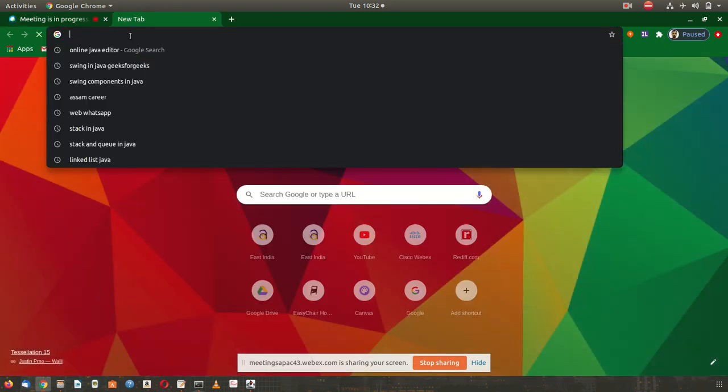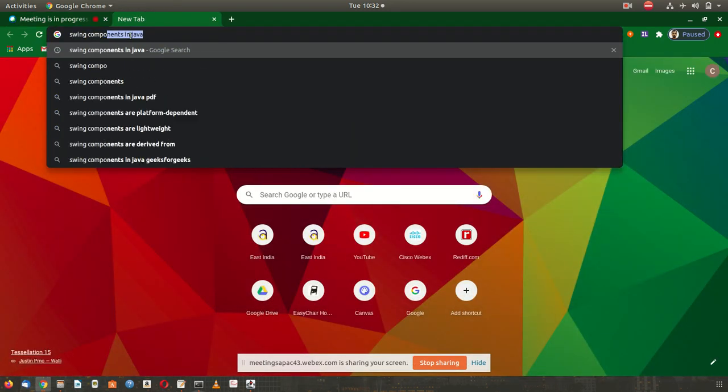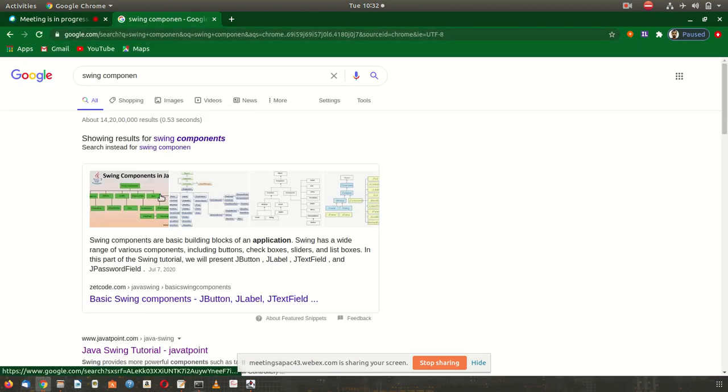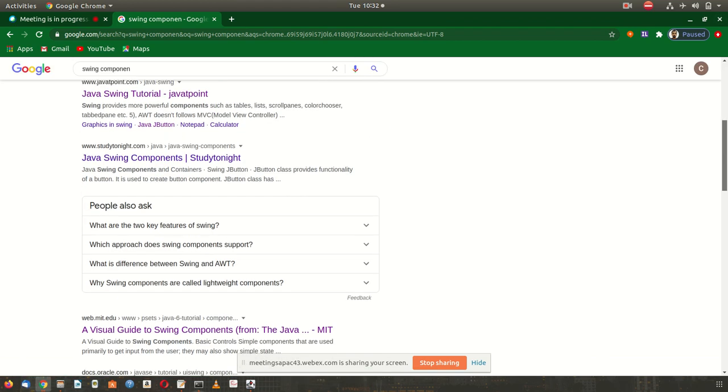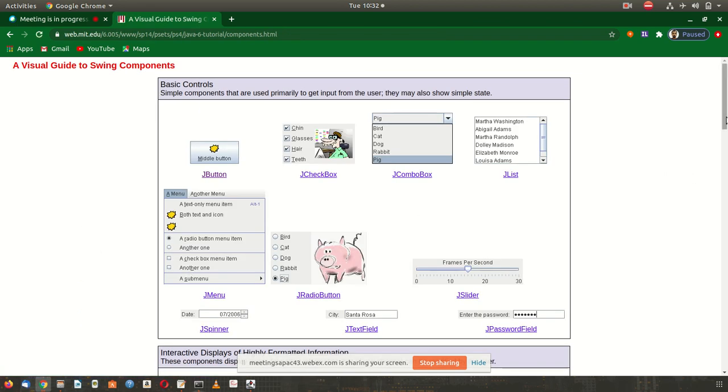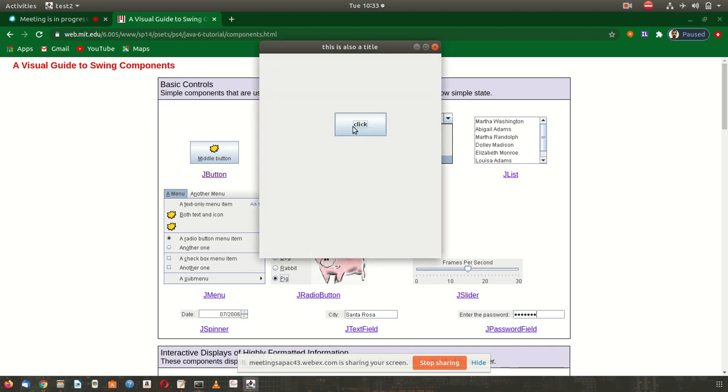There are different types of swing components. Here you can see is a button. This is a button where you can perform some action.